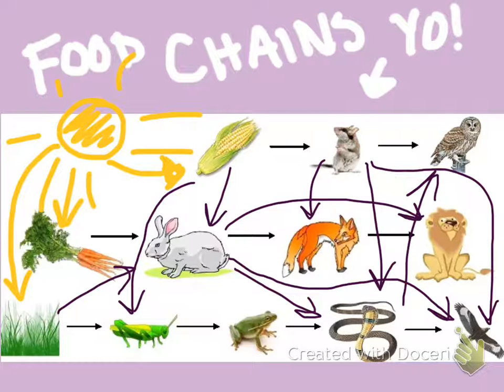So I just turned these three separate food chains into a food web. A food web is just a bunch of interconnected food chains, and they show more complicated relationships. Does that make sense? I'll give you a minute or so to take notes on this. You don't have to draw this whole thing out, because that's going to take a really long time. But make a note about what a food chain is. We'll talk about where the arrows go on the next slide.